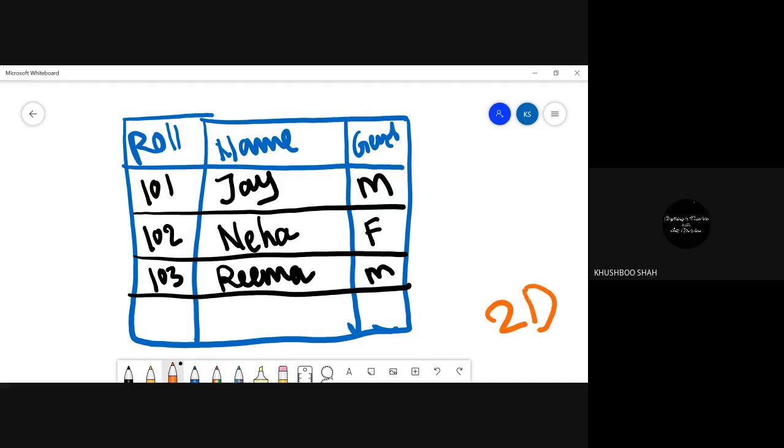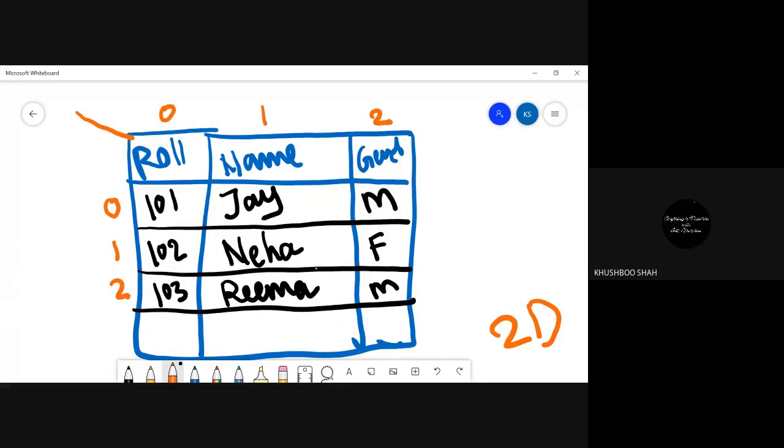Okay, now just let me do the labeling. 0, 1, 2. 0, 1, 2. Is it okay? And let's give the name to this table. Let's say STD is the name.